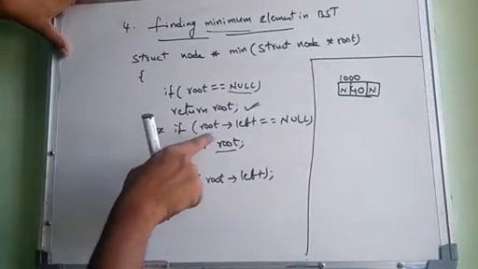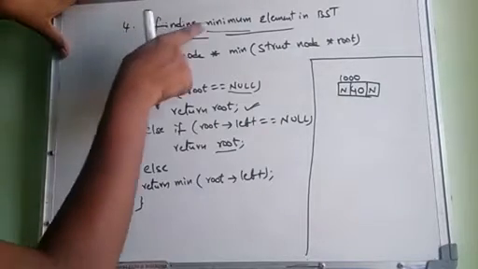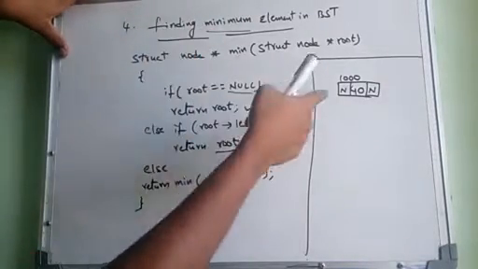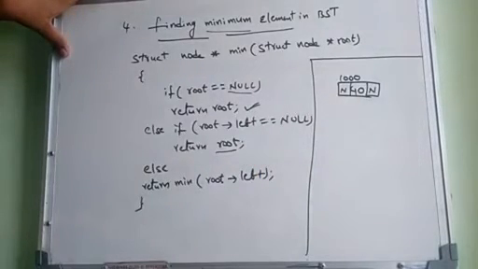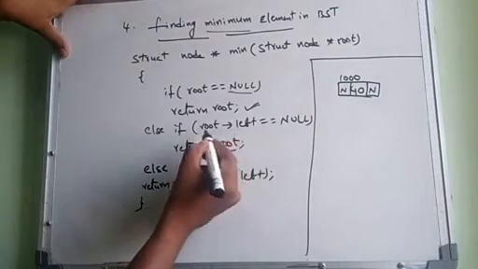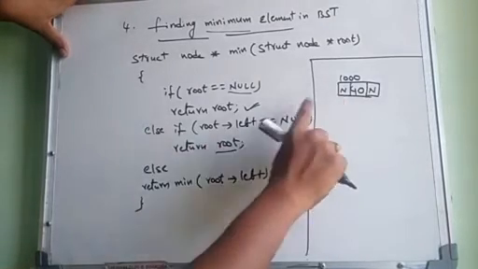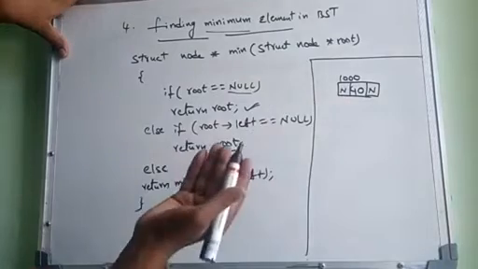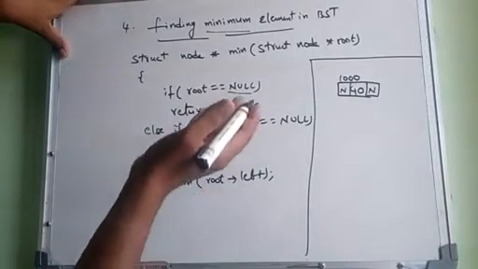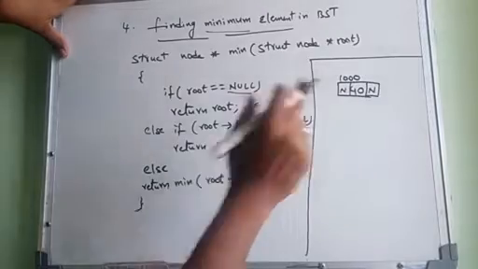next check whether the root has left children or not. Why only focus on left? Because we are finding the minimum. Minimum is always present on the left side. The right side only has the maximum element. So we can take only the leftmost. Suppose the left side address of the root is null, so nothing to search. That means there are no left children. So this condition is true, if it is null.